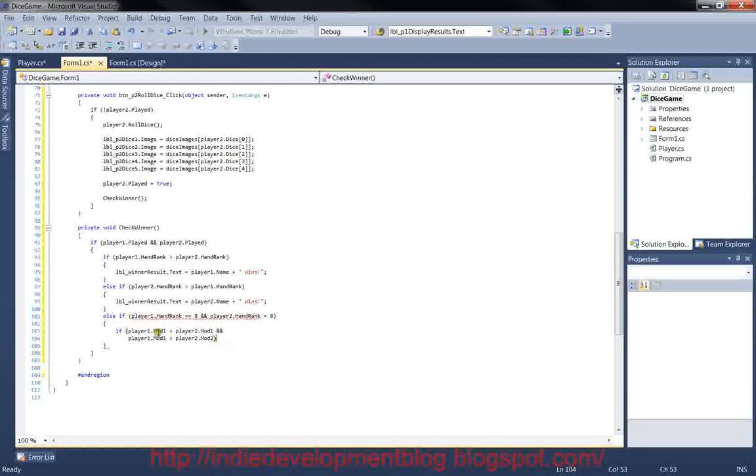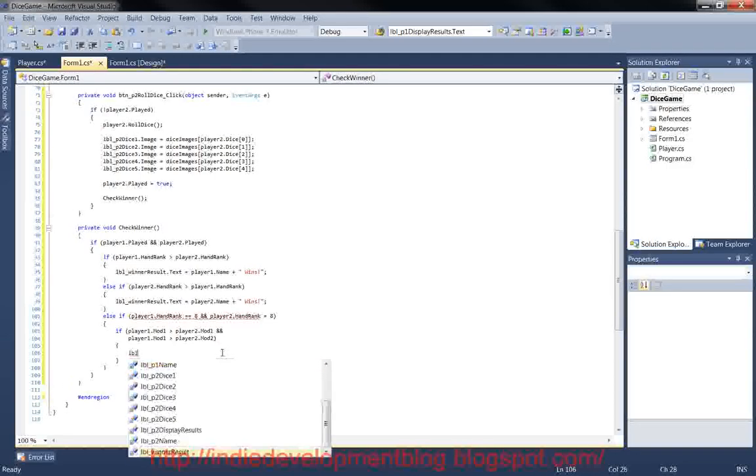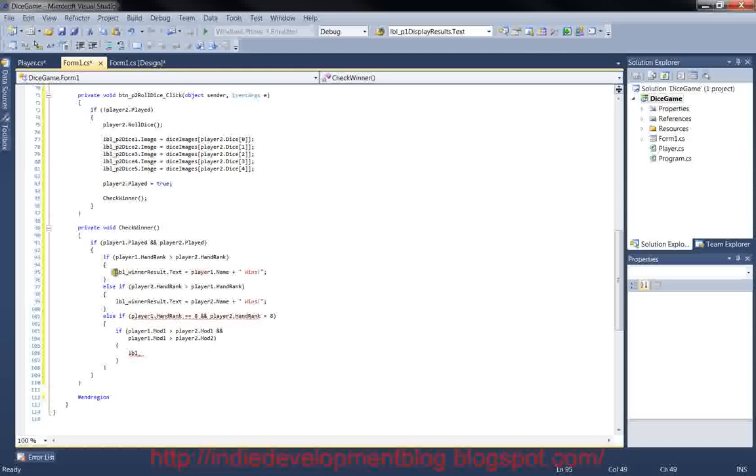So basically it's just saying if your first pair is greater than their first pair and your first pair is greater than their second pair, then we know that you've won. So we'll just do player 1 here. Let's copy this and we'll paste that. Oh, I'm sorry, I didn't put two equal signs there. Make sure you do double equal, so we're comparing it. We're not setting it to 8. We're making sure that it equals 8. So, and okay, so if that is not true,